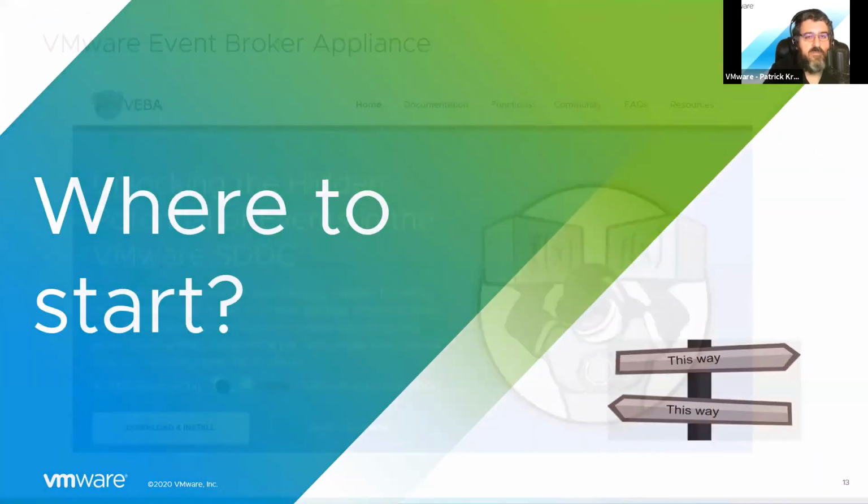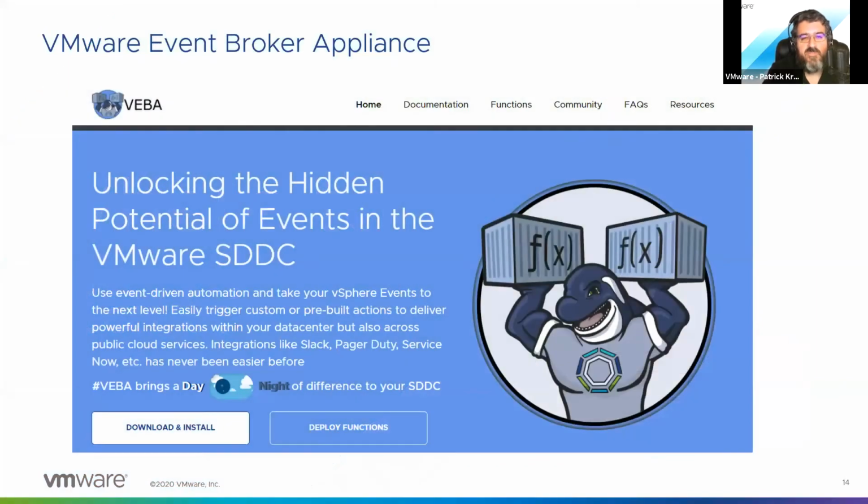Where do I start? So what I ended up doing, I'm really bad at learning things just to learn them. I need a project. And what I started with was VEBA, the VMware Event Broker Appliance, which is an event-driven product for vSphere. It's open source, and it uses Kubernetes, which I knew absolutely not one thing about when I started down this path. But I'm able to learn Kubernetes in a context of something that I know really well,